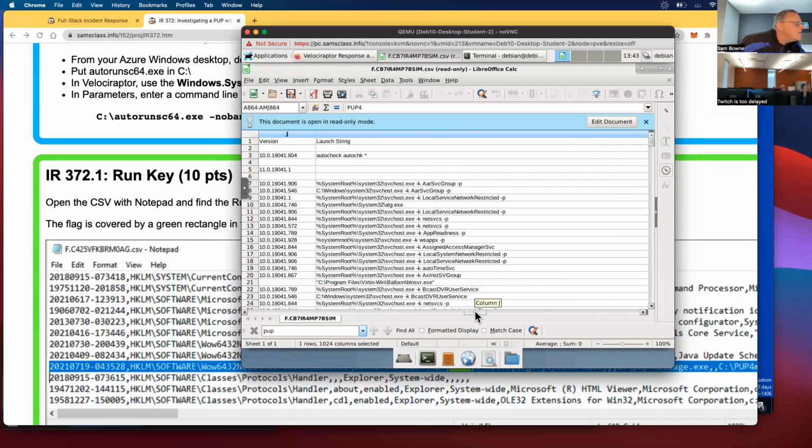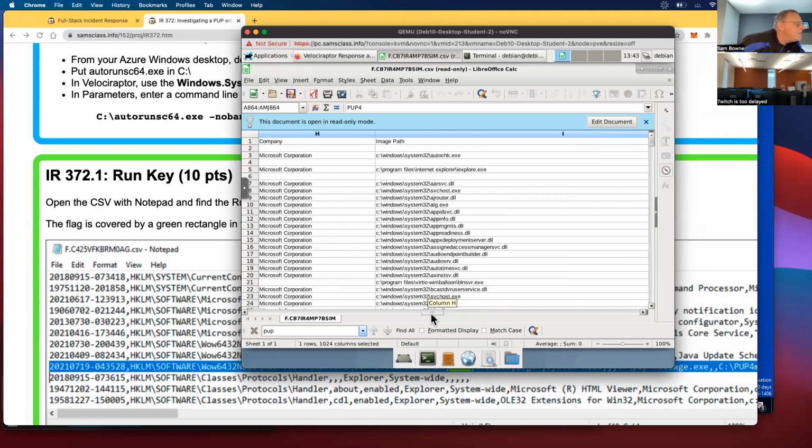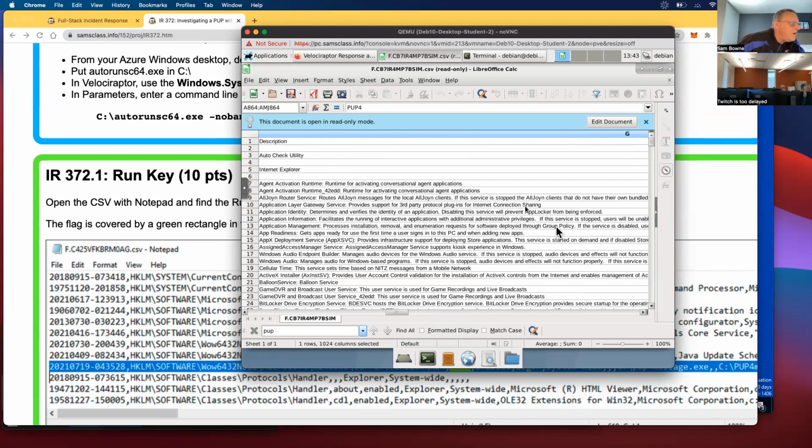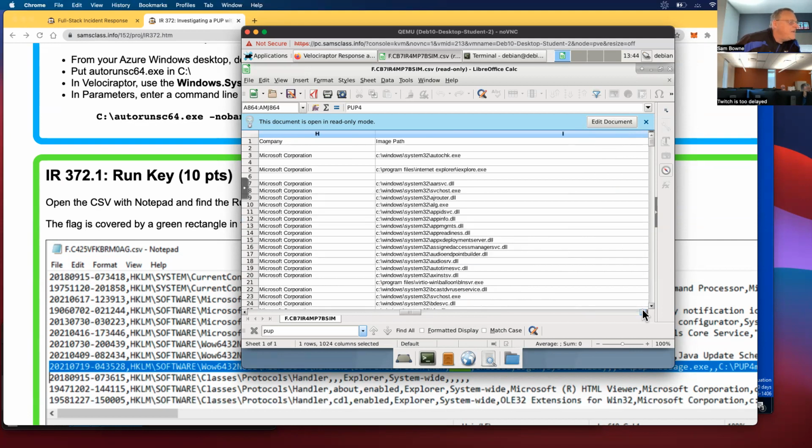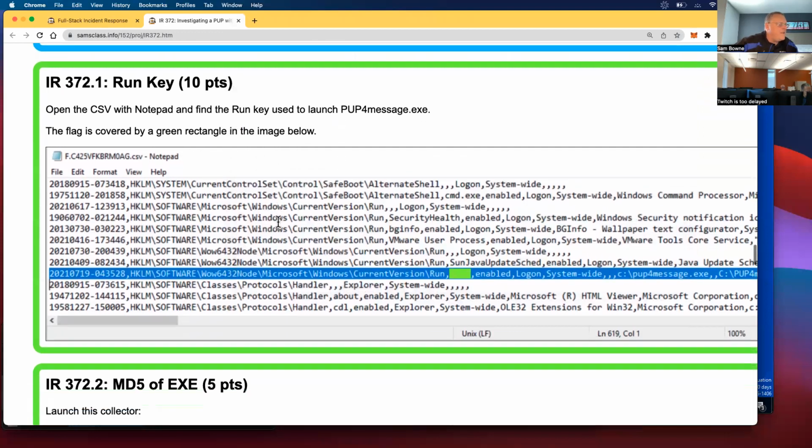Let me scroll and see if I can see it. Image path, company. See the company right there. The company there is the company that signed this code. If it was from Microsoft or Cisco or somebody, that would be here. But that line is not signed at all. So that's another suspicious thing. So it might be a bad thing, but I haven't by any means proven that it is responsible for making